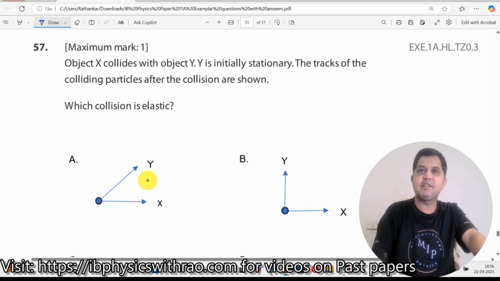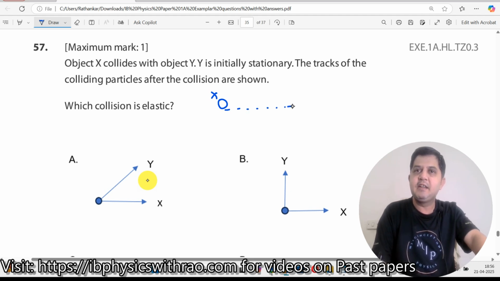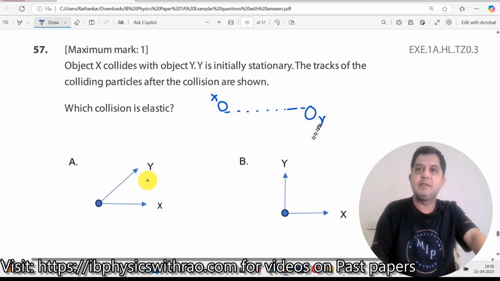Okay. In vectors, now see what is happening over here. There is a two-dimensional collision. How does a two-dimensional collision appear? It appears like this. So initially, this is your X over here. Y, I will draw a dotted line here, and Y is somewhere over here. I will assume that both the objects have the same mass. So as a result, when X goes over here, it hits here and hence it experiences a